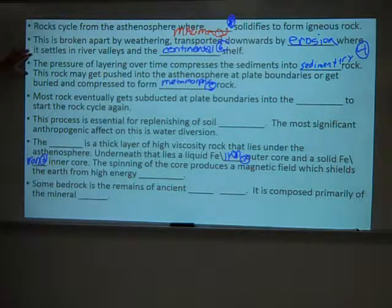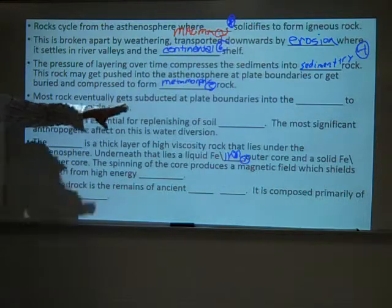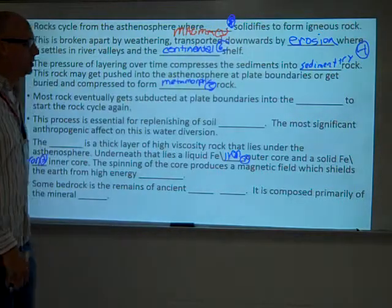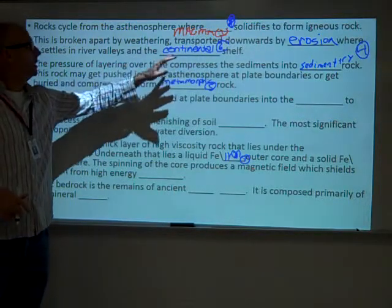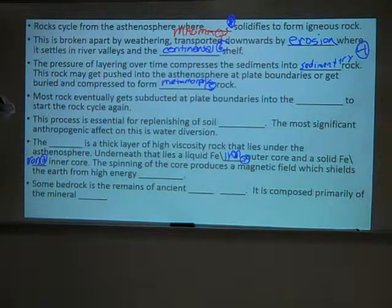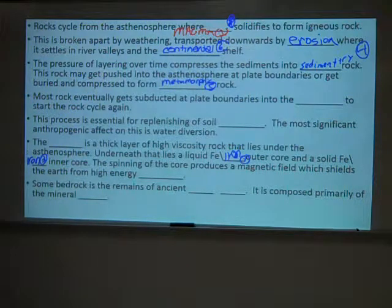So as these sediments year after year, from the wearing of the water cycle and everything and the wind, break apart, settle down, move down in layer upon layer, eventually many of them will compress into a type of sedimentary rock. So the sediments become sedimentary rock just from that pressure, etc. And then depending on where this happens, where they finally settle down, whether it was on the continental shelf or maybe even in the ocean floor, whether it's near a convergent plate boundary or if it settles out in a river valley near the middle of a continent,